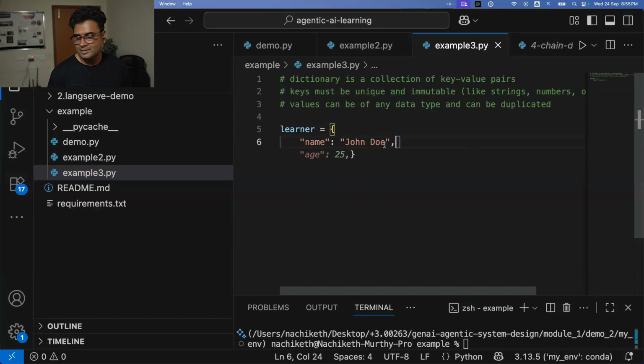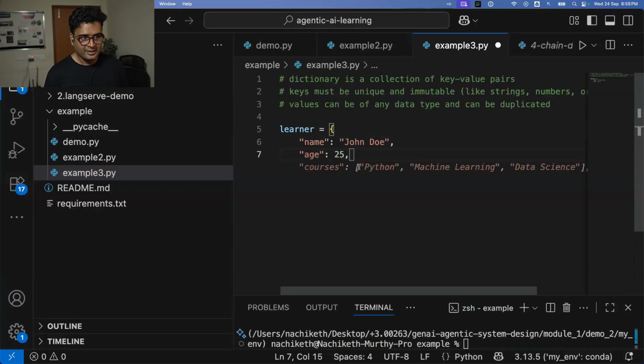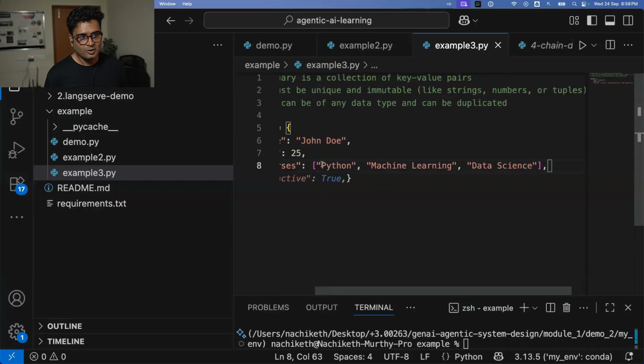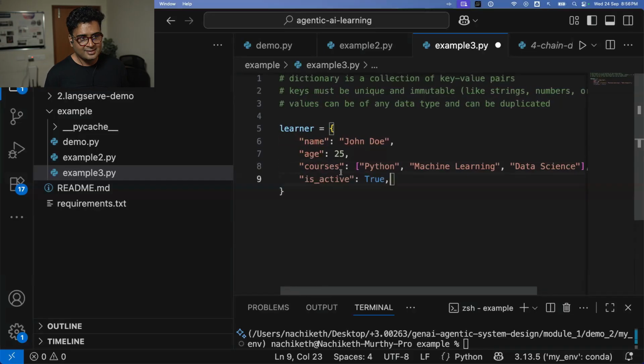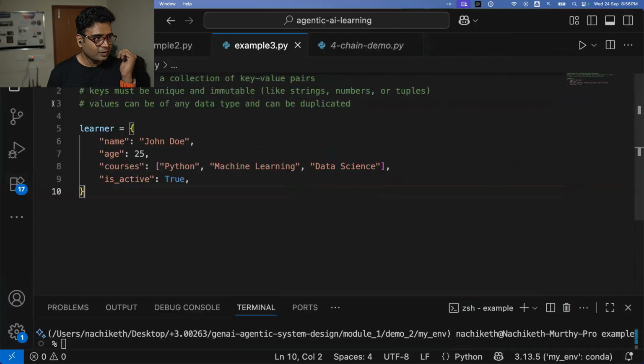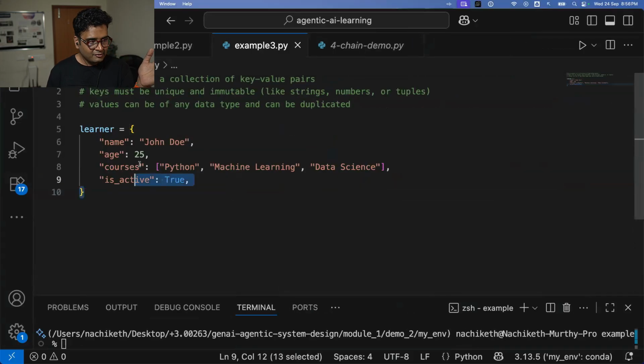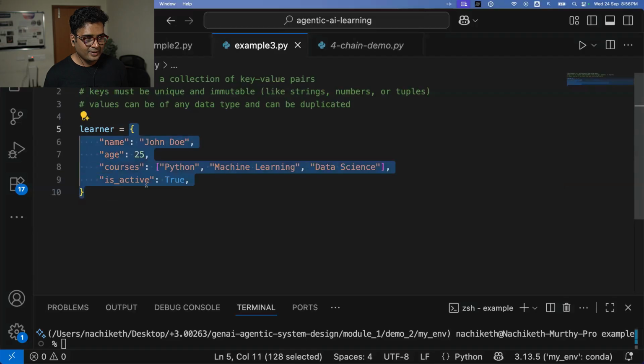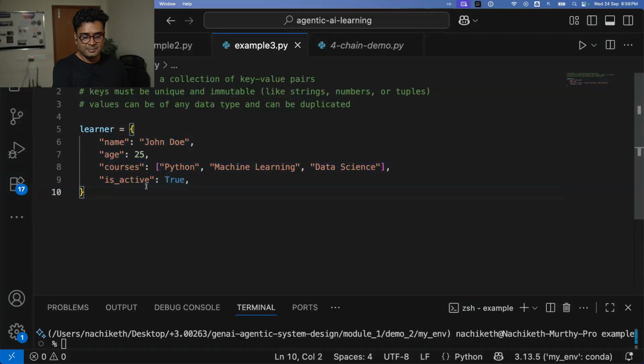Let's say name as John Doe, age 25, and maybe the courses that he has got are Python, machine learning, data science, and a few values that would look something like this. So what we have just created is a Python dictionary. The reason I'm saying this is a Python dictionary is because in the case of our Python dictionary,